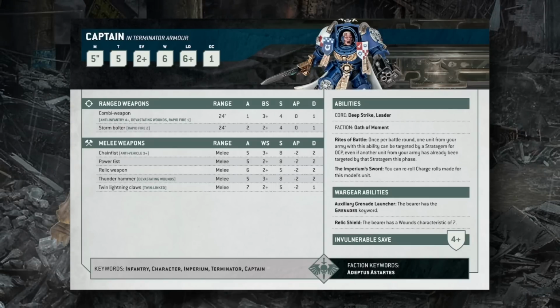We have talked about this guy in the past. He has a wide variety of melee and ranged weapons, including Stormbolters and combi weapons, and Chain Fist, power weapons, relic weapons, Thunderhammers, and Twin Lightning Claws in melee. You're going to be taking the relic weapon and Stormbolter if you're kitting him out according to the Leviathan model,